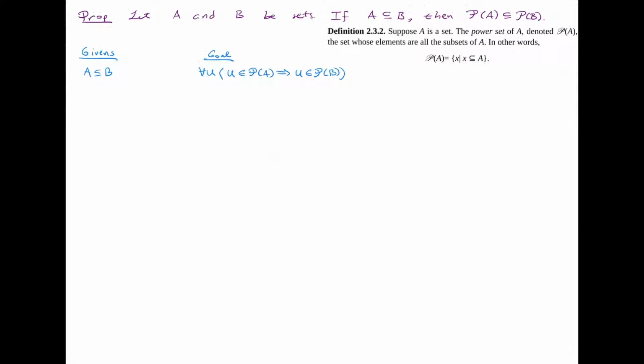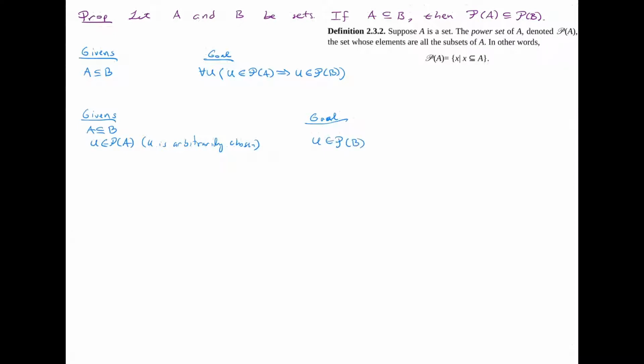But now, when it comes to the proof, what we are going to do is take some arbitrary U. So I'm going to rewrite this. So the way that we're going to go about proving this is that we have A as a subset of B, and we're going to just choose some arbitrary U in the power set of A. And so I'm just writing this as some U is in the power set. And so the idea here is U is arbitrary. And what we actually do want to prove is that U is in the power set of B.